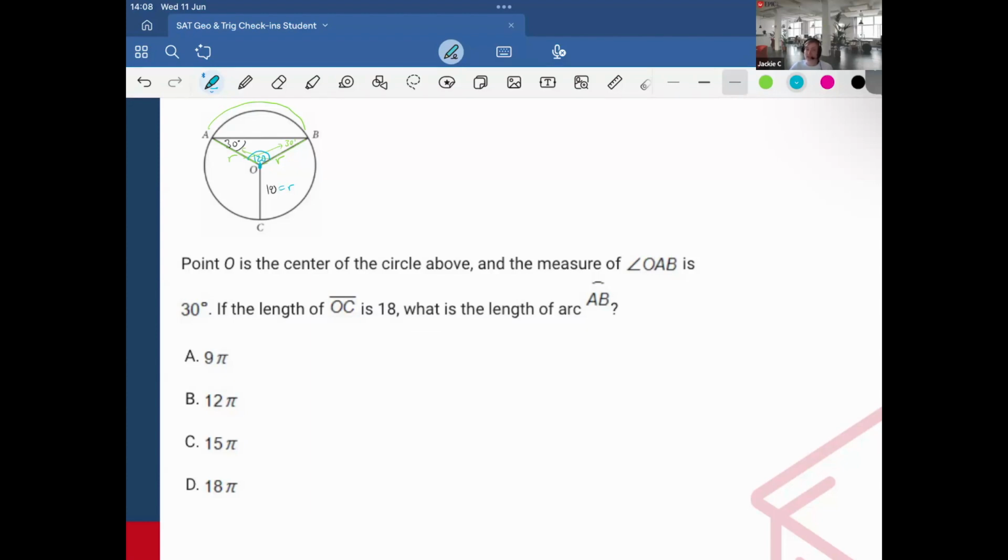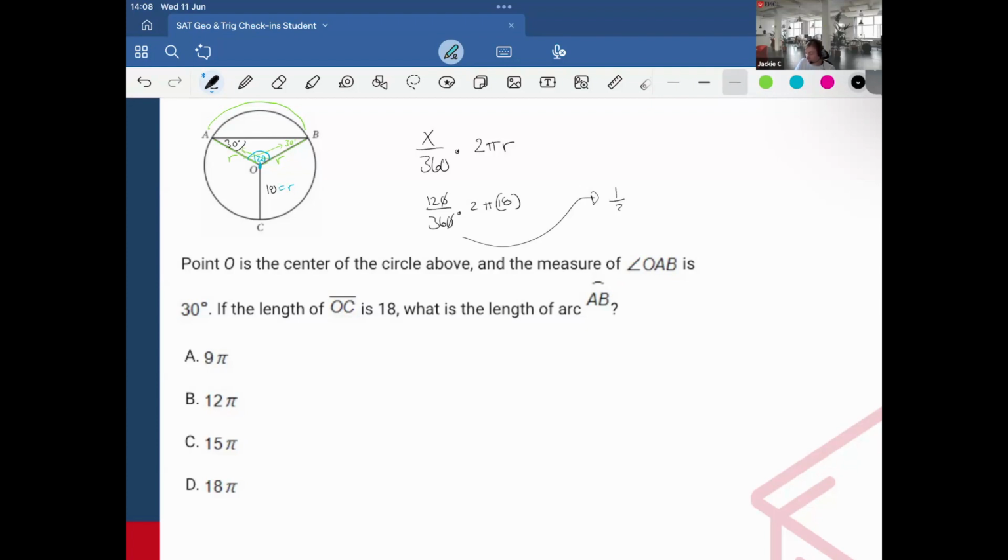And how do you calculate the arc? Well, the formula was that you take x over 360 multiplied by the circumference formula. So here we have 120 over 360 times 2 times pi times the radius. So this is 12 over 36, which reduces to